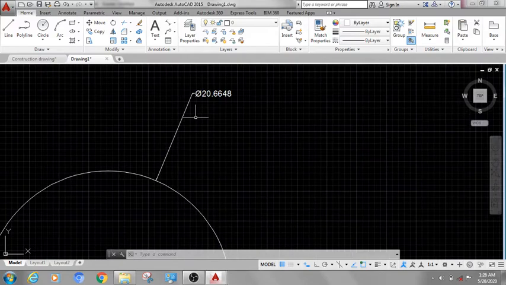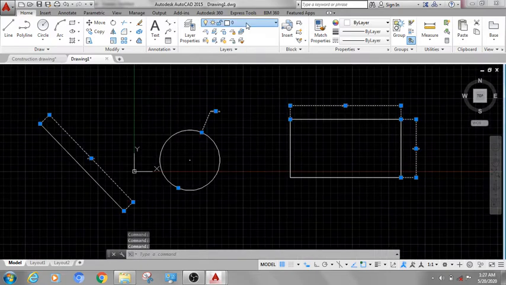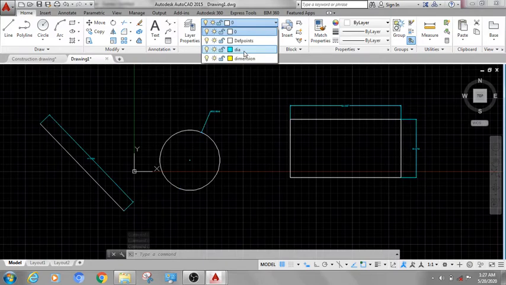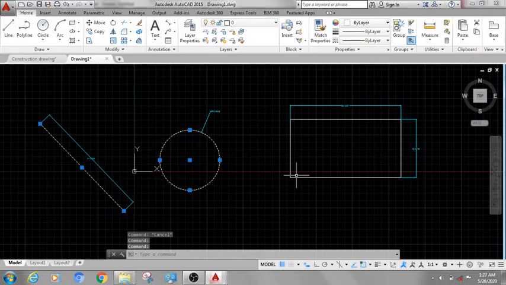Now I will just select all these dimensions, and here you can select the dimension layer, which we already created by using layer properties. And I am selecting the diagrams.